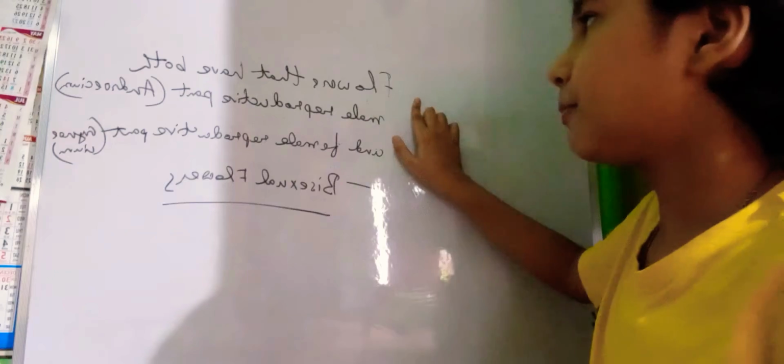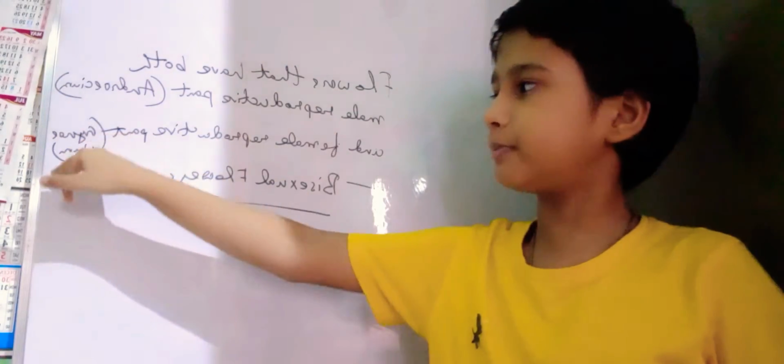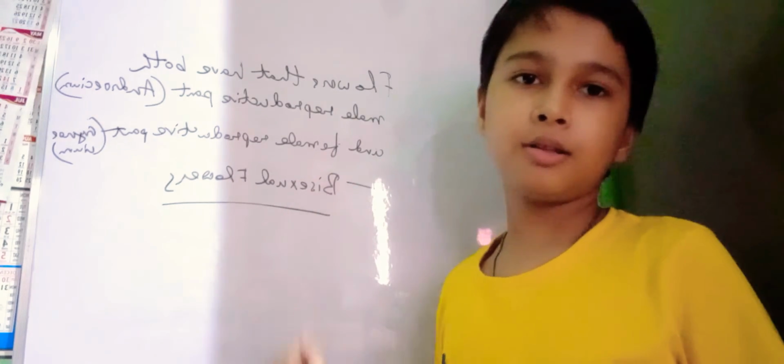So flowers that have both male reproductive part, that means androecium, and female reproductive part, that means gynoecium, are called